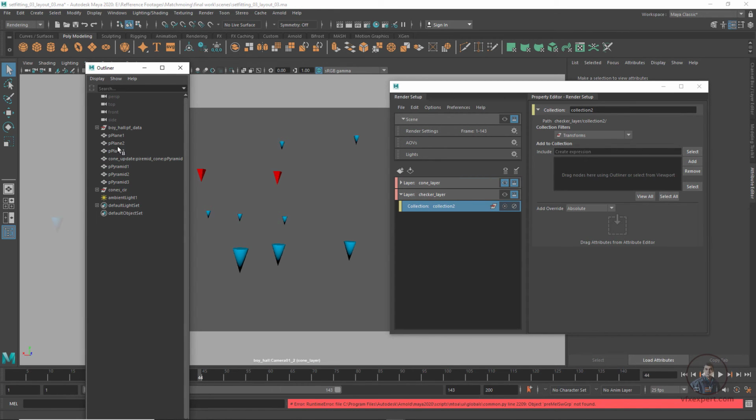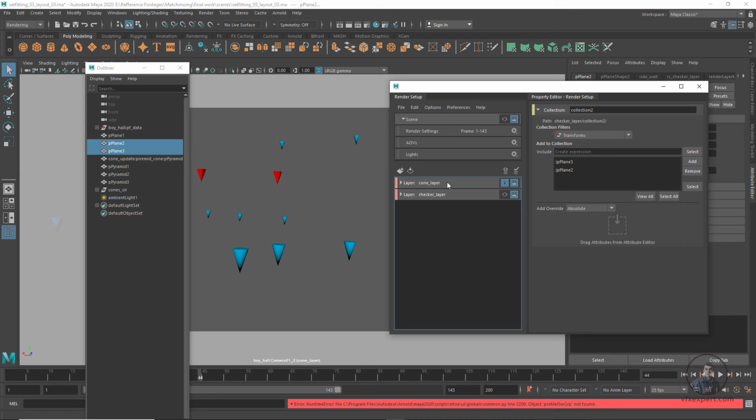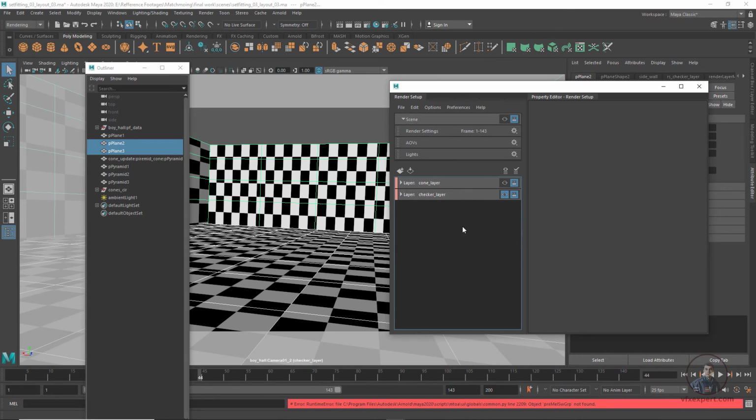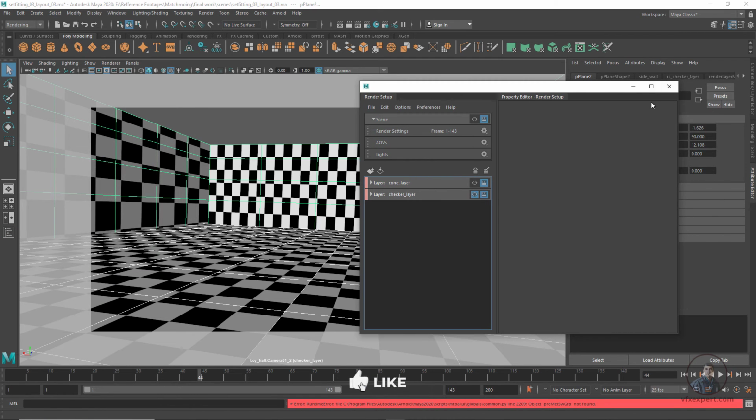So I have selected this one, then right click, create collections, and drag and drop these walls here. So maybe these planes. So second and third, please check this one because plane 1 is our reference plane. Okay, so just select and hold the middle mouse button and drag and drop here. So if you have any confusion, you can check from here and check what layers you are going to render here. Okay, so after this, close this one, and if you want you can also close this one.